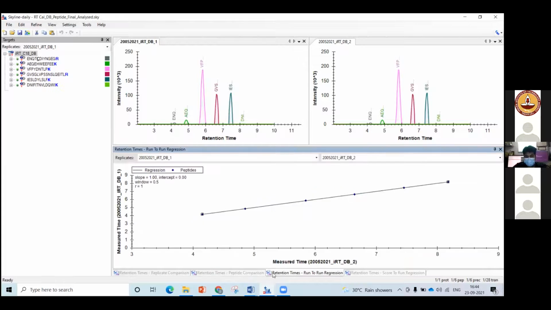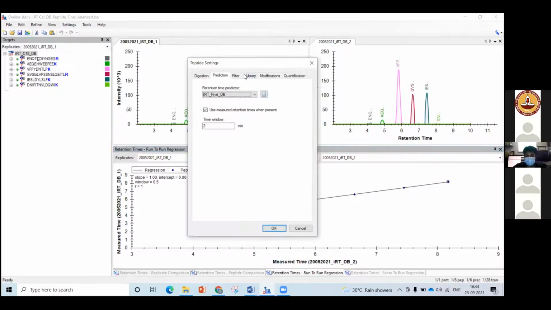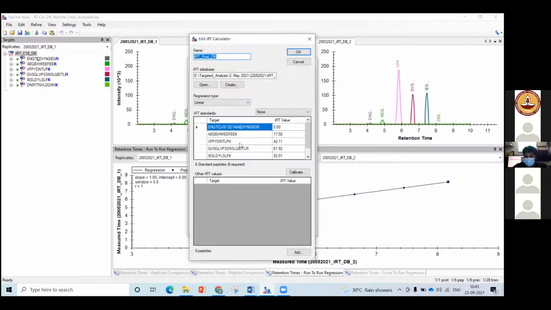And when I show this regression, you will see that the regression of these 6 peptides is coming very near to 1, and that gives an idea that this set of peptides, when taken forward in future, should be used for the retention time calibration. Let me show you how this actually works. If you go over here, we have set this list of the 6 peptides, and if I select this, you can see that, no matter what gradient we are using, it will help you calibrate your whole gradient from 0 to 100.